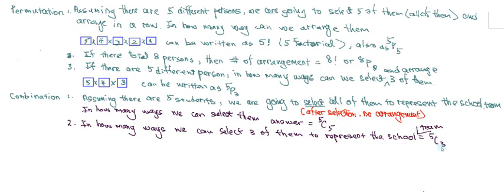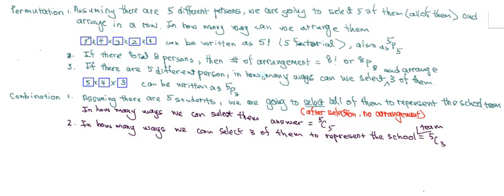Okay? So this is a very basic explanation of permutation and combination. This is very important for a permutation and combination question, because when you read the question, the first thing after reading the question is to determine whether it is a permutation or a combination question. Okay? Then only you start doing. So it's very important you recognize it as a permutation question or a combination question. Okay? Now,